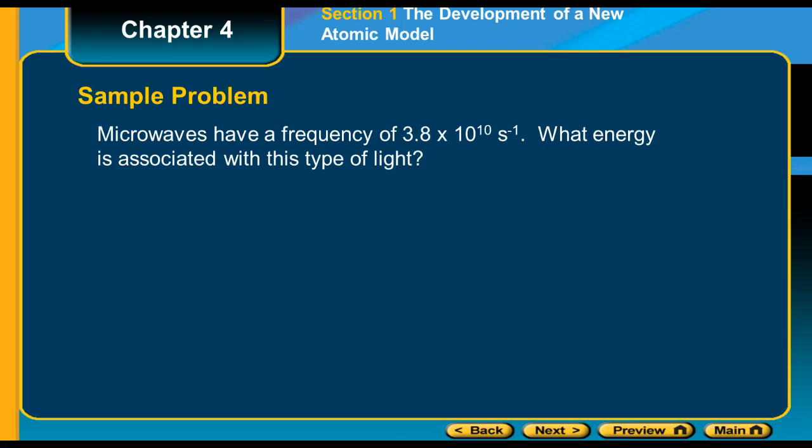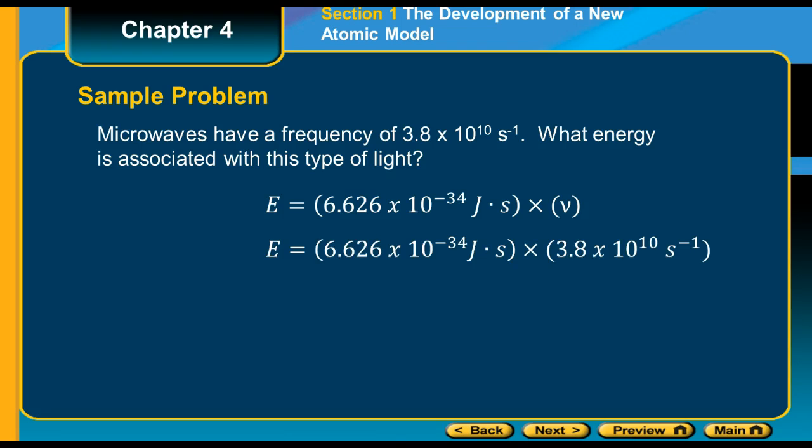So here's a sample problem. Microwaves have a frequency of 3.8 times 10 to the 10th hertz. What energy is associated with this type of light? So the first thing that we're going to use is our equation, and we're going to plug in our 3.8 times 10 to the 10th seconds to the -1, and we're going to multiply it times Planck's constant to find the energy. So you plug it in, you do the math, and you get 2.5 times 10 to the -23rd